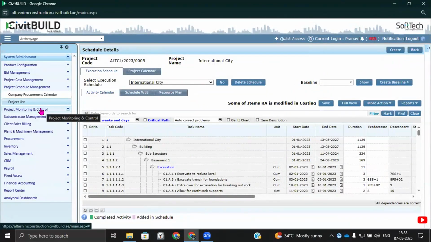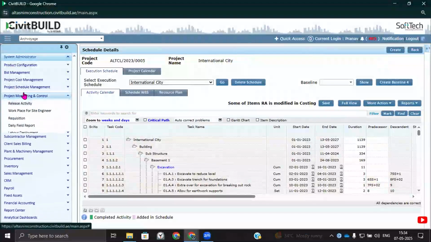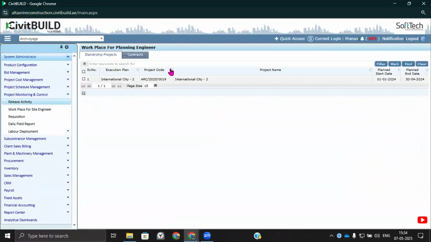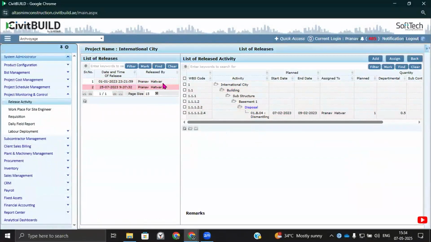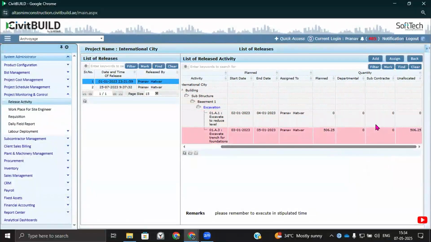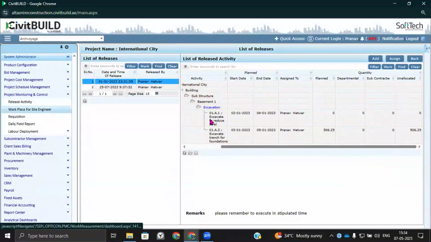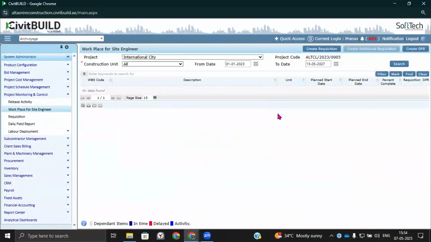Let me jump into the project monitoring, wherein once the project scheduling is frozen and the planning is done, the project manager can go and release those activities to the site team. There might be multiple site engineers who are responsible to execute some part of the project, right? Those activities can be released and assigned to those particular employees, and based on the roles and tasks assigned to them, those site engineers can view what tasks are there in their bucket to